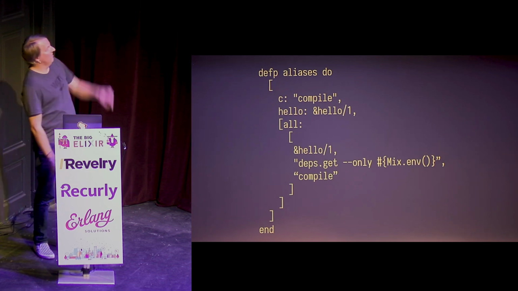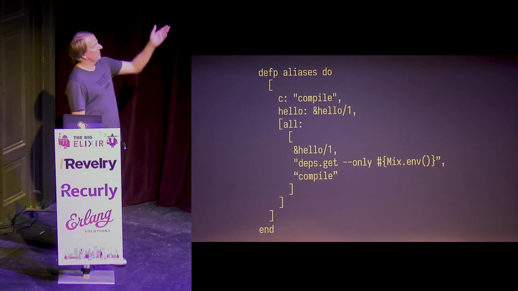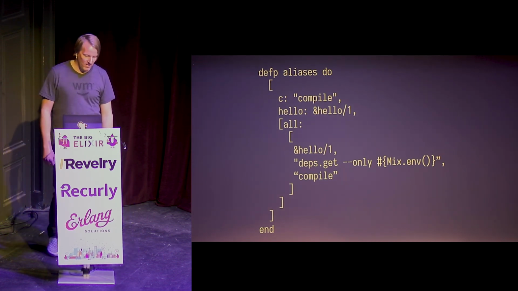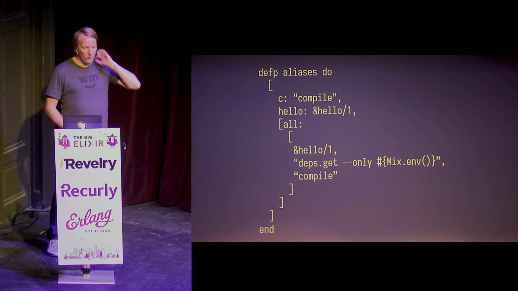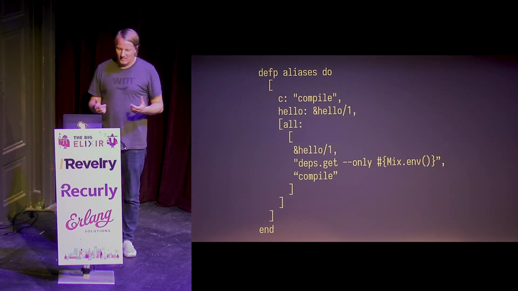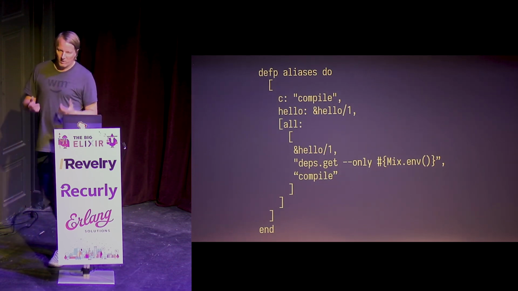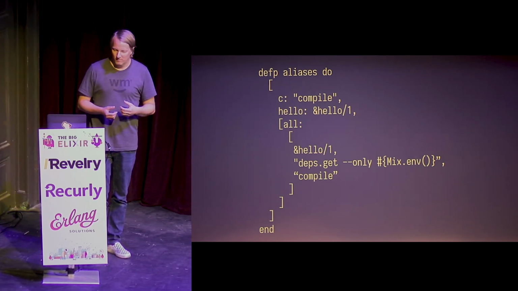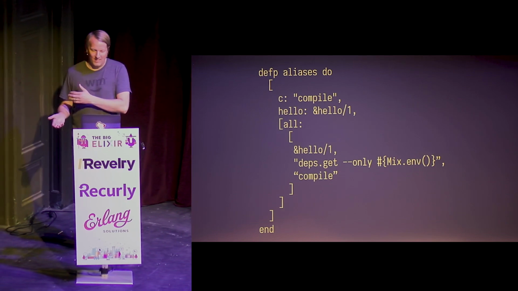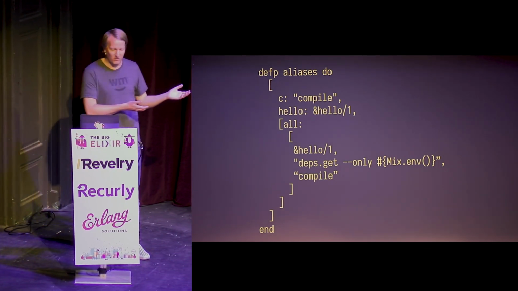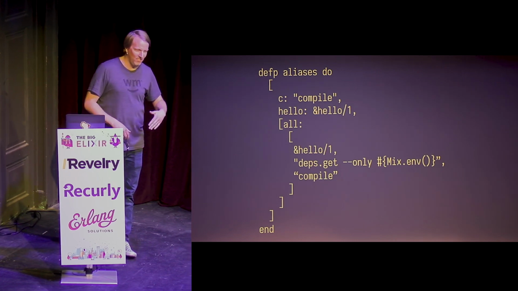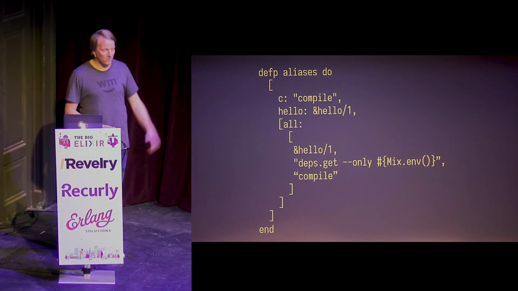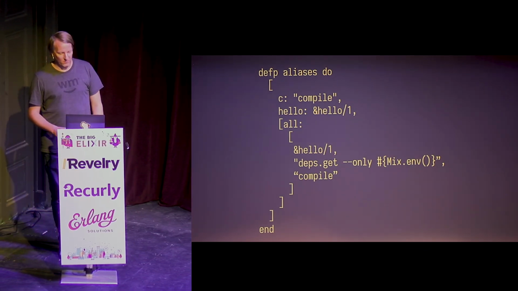But the second one, this hello, that doesn't look like a mix task at all. What that does is it says, okay, run this hello1 function instead. And the purpose of this is if you're creating a library that you need mix tasks in, you probably do not want to register those in the app that's pulling in your library. So you publish a library, you have a bunch of mix tasks that you use just for that library. Everybody that pulls in your library that types in mix help, maybe you don't want them to see all of your internal tasks. And so this way of scoping a task, I think is really useful for that.